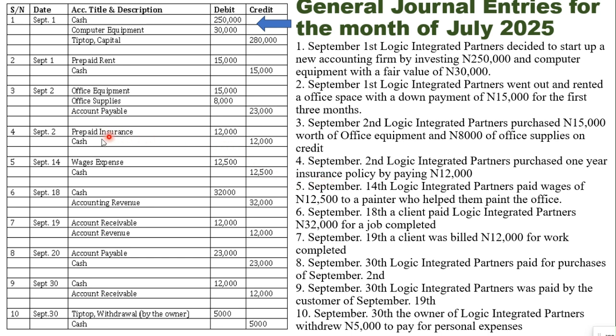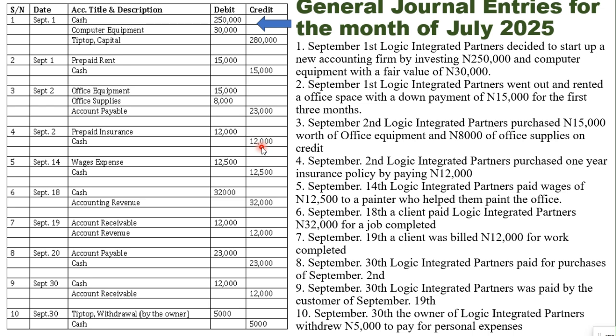So we create an account for prepaid insurance, and the money was taken from the cash account. So we credit the cash because money was taken from it, and we debit the prepaid insurance. So this is a purchase transaction. Most of the time in a purchase transaction, you credit where the money was taken from to do the